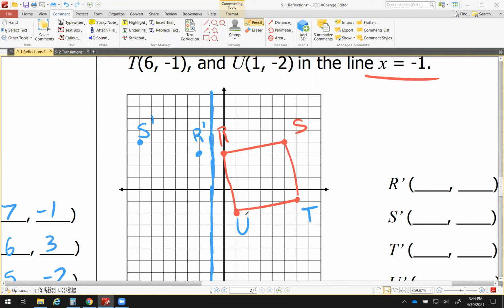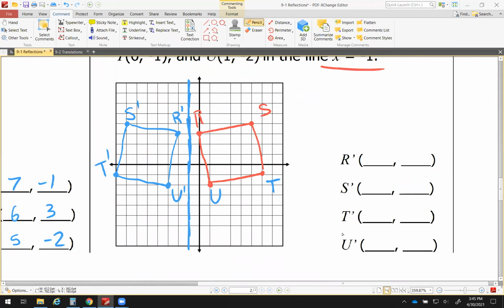That should be T, this should be U. So U is 2 units to the right, U prime will be 2 units to the left. And T is at x-coordinate 6 plus the 1 here to get to -1. So that's 7 units to the left. It looks like T prime will be right there. And there is our transformed